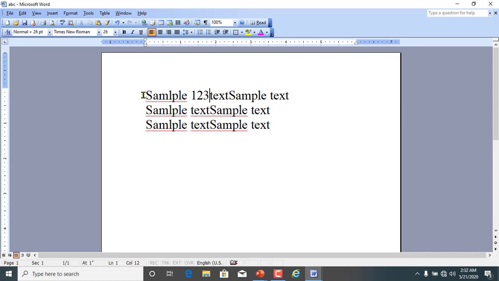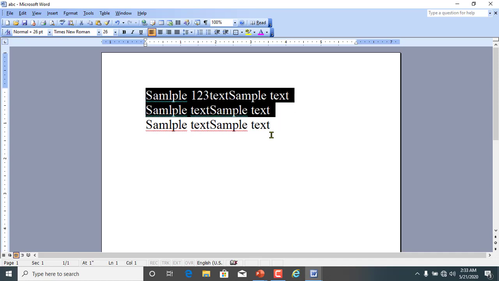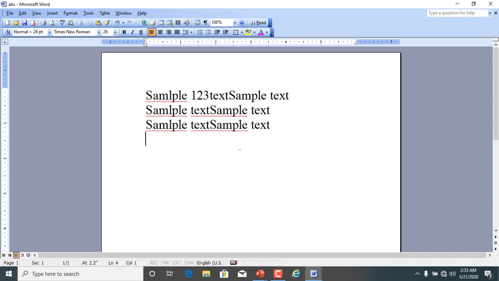Students, as I told you earlier, you can select text by clicking the left mouse button and dragging the cursor over the text. In this way you can select the text. But if you want to select the whole text present in your document, just use the shortcut method and press Ctrl and A keys together. And if you want to select one word, then double click on it, and by triple clicking you can select the whole paragraph. In this way, students, you can select your text very easily.